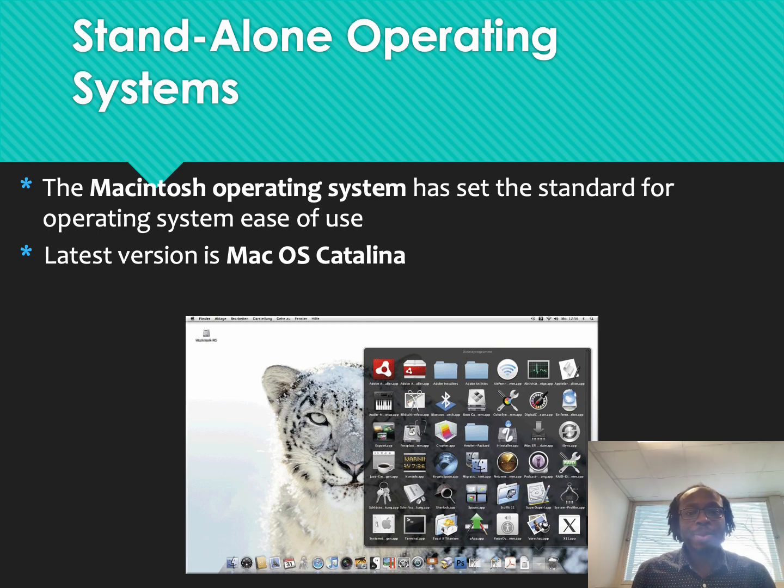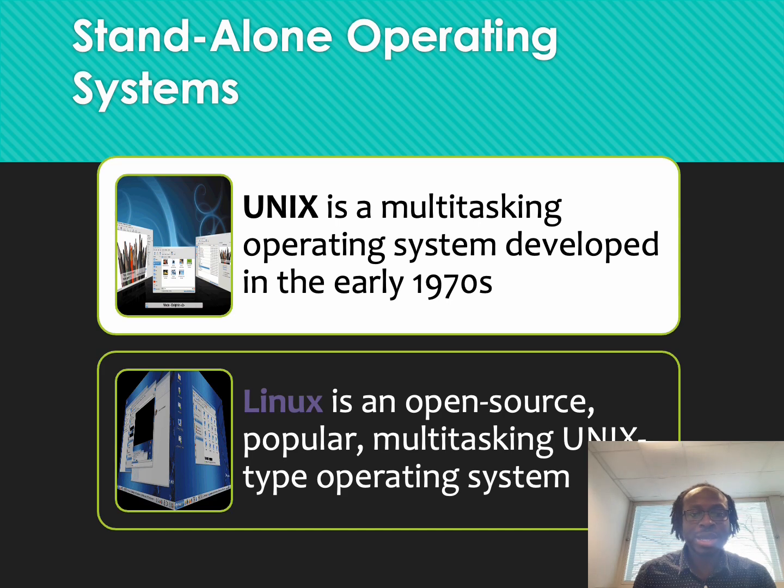Okay, so more examples of standalone operating systems. We've already mentioned Windows and Mac, and in the earlier weeks, we watched something on Unix as well. So Unix was multitasking, and they separated the kernel from the remainder of the operating system to make it a lot easier. So it's sort of an earlier version of what eventually became open source as well. So Mac and Linux are both based on Unix, but